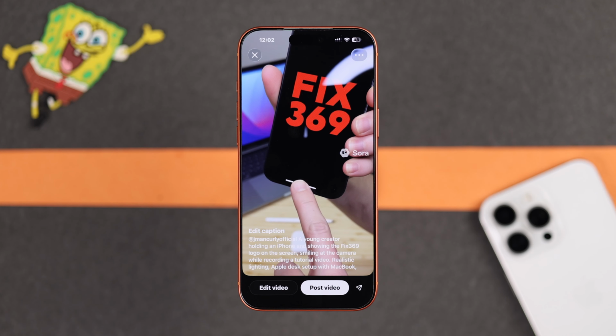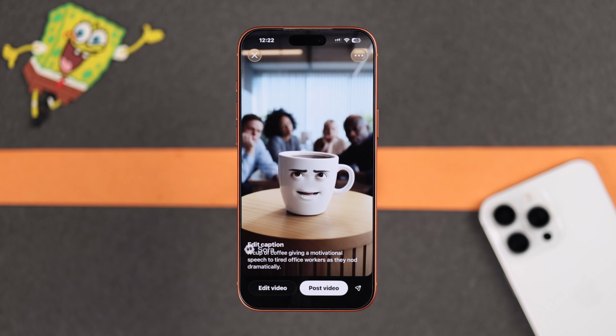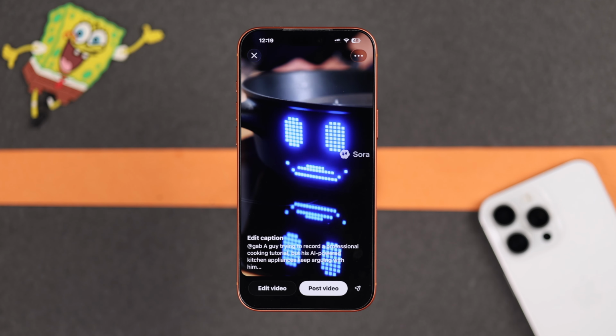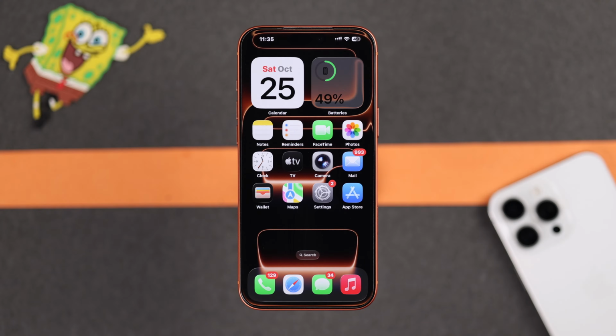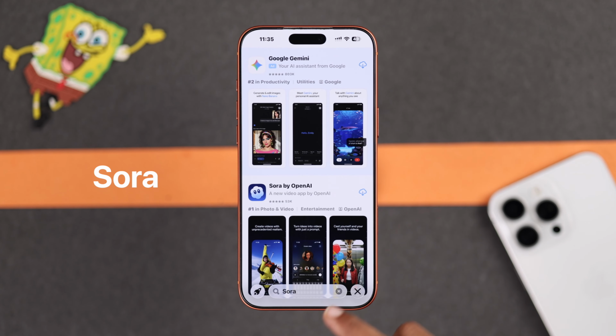Hey, did you know you can now create full AI videos just by giving a simple text prompt right on your iPhone? Yes, the Sora app lets you turn your ideas into real videos in seconds, so no editing, no camera needed. So first you have to head over to your app store and search for Sora and just tap